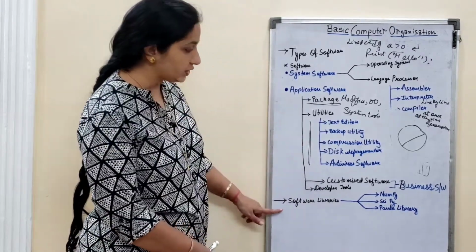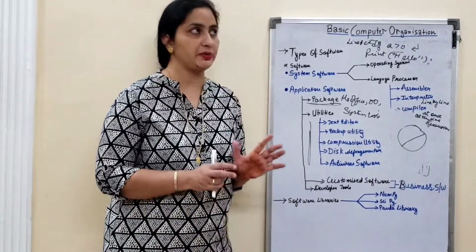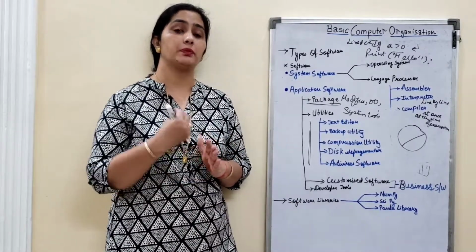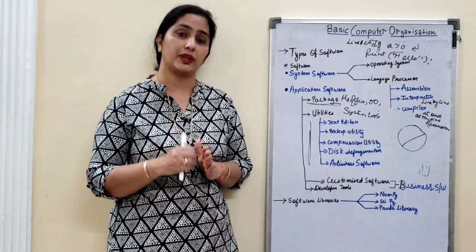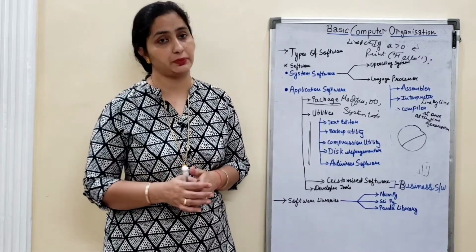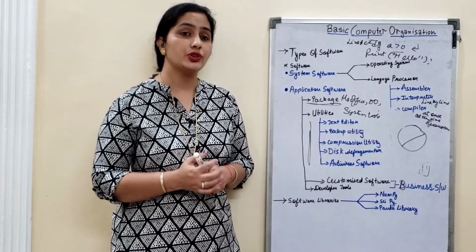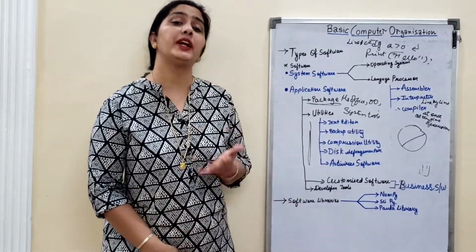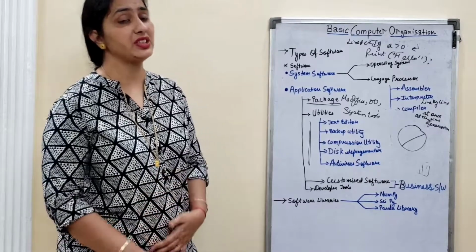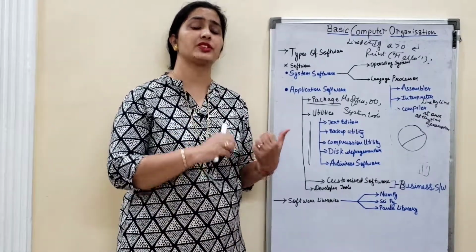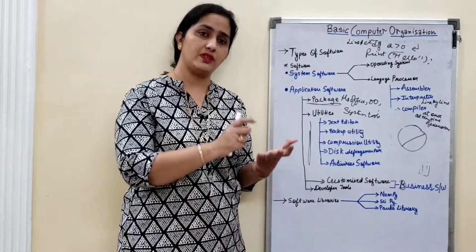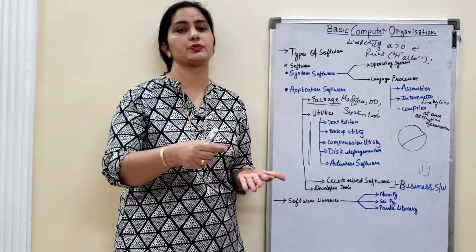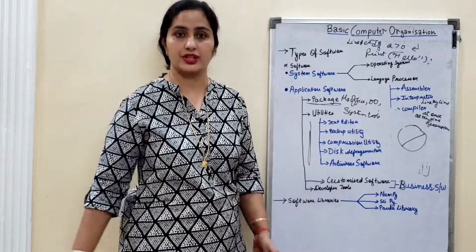Okay. Next is software library. Software library means, as I explained in the beginning, there are some predefined instructions given to a particular option. According to that only, that particular option is working, right? So in every software there are some libraries which have some predefined functions. Predefined function means that the option knows that whenever this option is pressed or chosen, at that time I should perform whatever function is assigned to it.